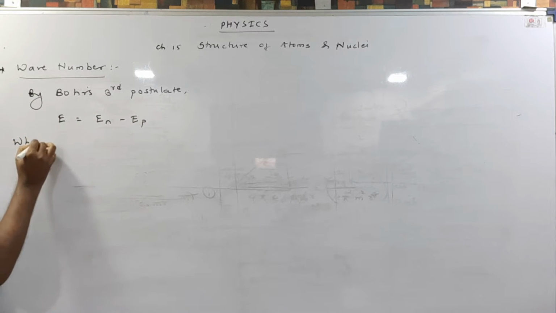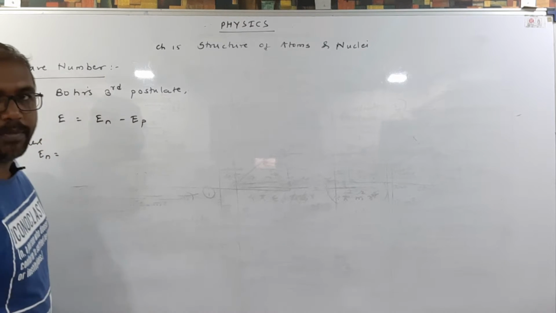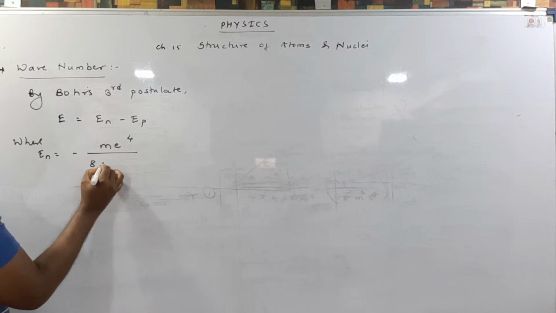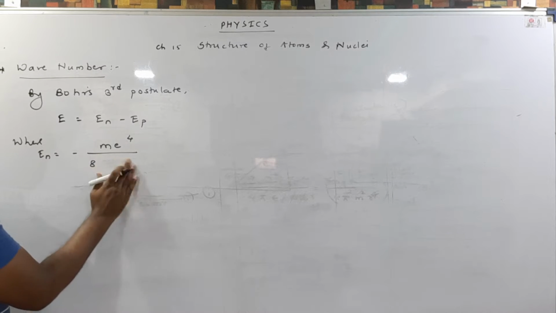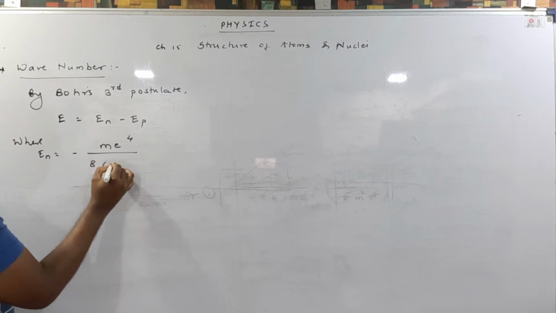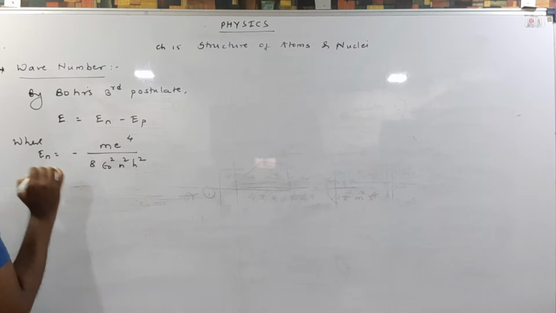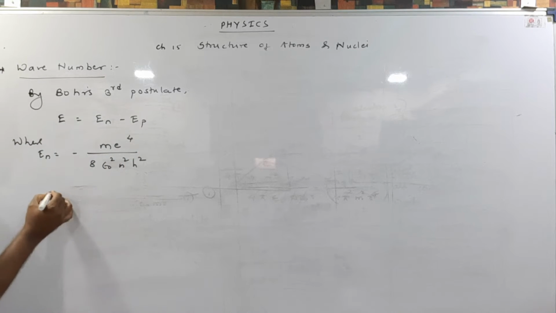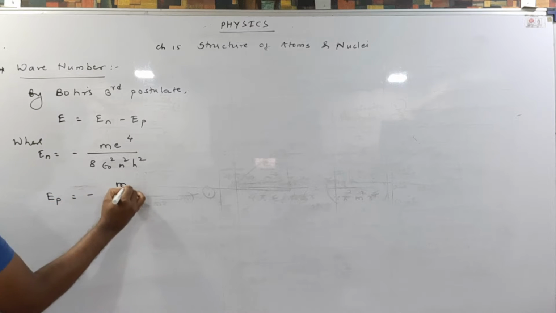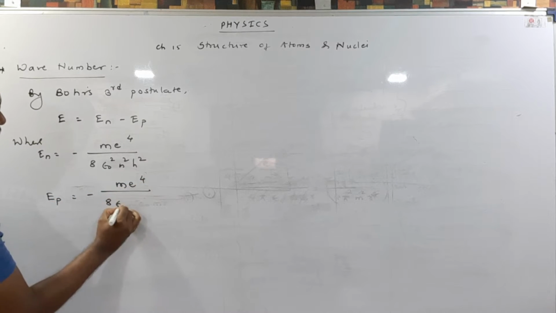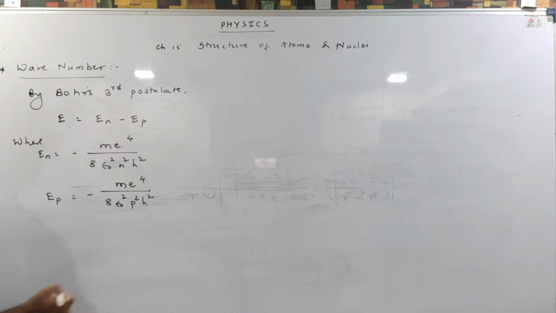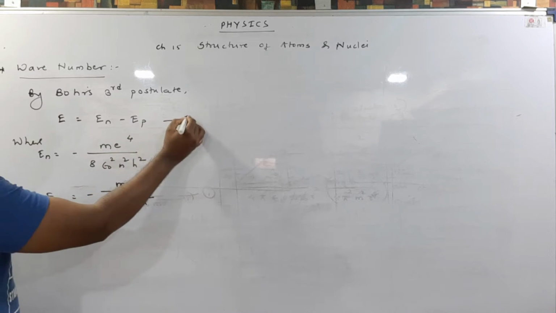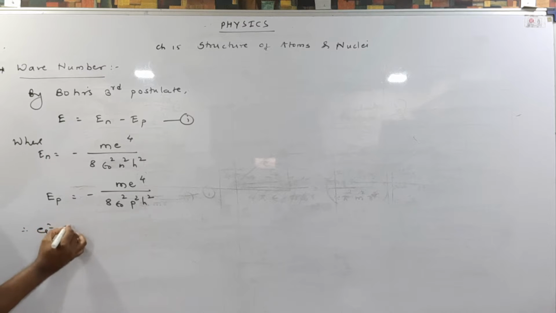Where En is energy of nth orbit, and that I can write by formula me raised to 4 divided by 8 epsilon 0 square n square h square. So this is the formula me raised to 4 divided by 8 epsilon 0 square n square h square. In similar manner I can write Ep is minus me raised to 4 divided by 8 epsilon 0 square p square h square. So instead of n I have written here p. So let me substitute these two in equation number 1. Hence equation 1 becomes,